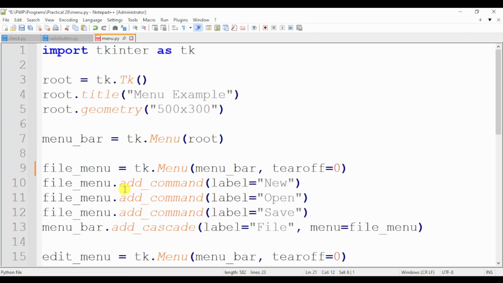So that's why it is created using the function add command. So we are adding one command inside this menu and naming it as new. Similarly, I am adding file menu dot add command, label is equal to open. So I am adding the second option, which is the second command, and naming it open. Then I am adding the third command, which is menu dot add command, and naming it save. So I have added 3 options here, new, open and save, which can be considered as menu items inside your